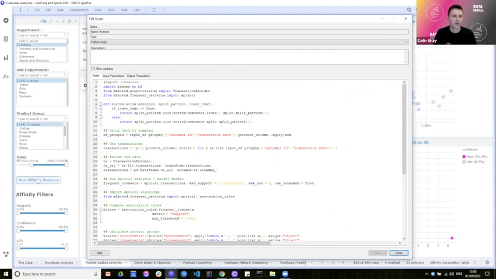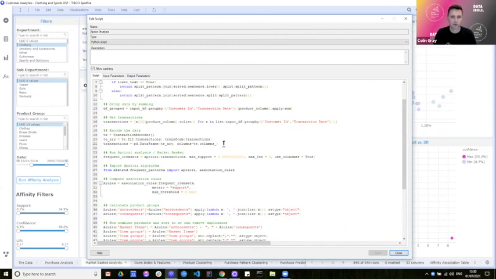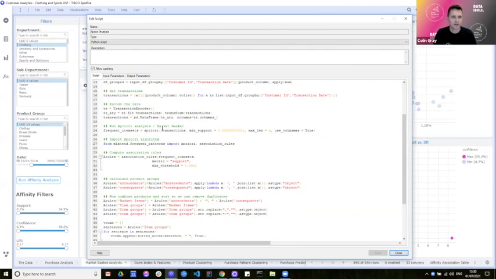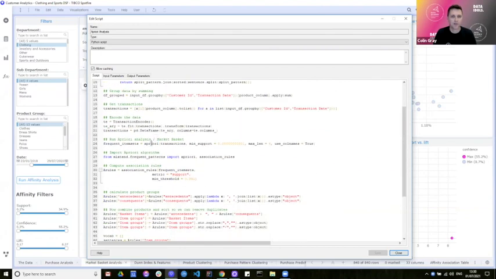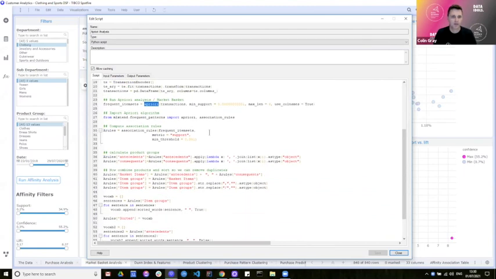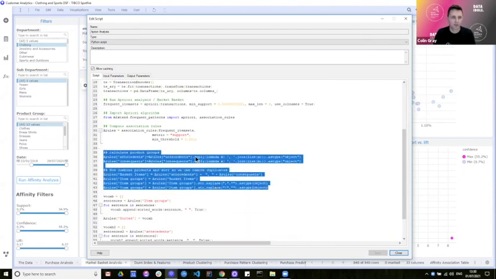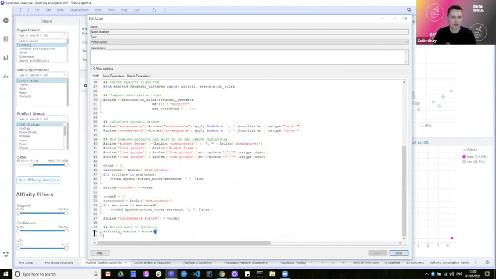So what happened is when I click that button from the Spotfire tool, it filters the data and passes it into Python. Python reads it in, so this input df is actually coming from my tool. It runs all this code, so I do things like encoding the data. I use this Python library from the MLxtend package to do the market basket analysis. I do some data manipulation and fixing and sorting, and then at the end, Python returns the data back